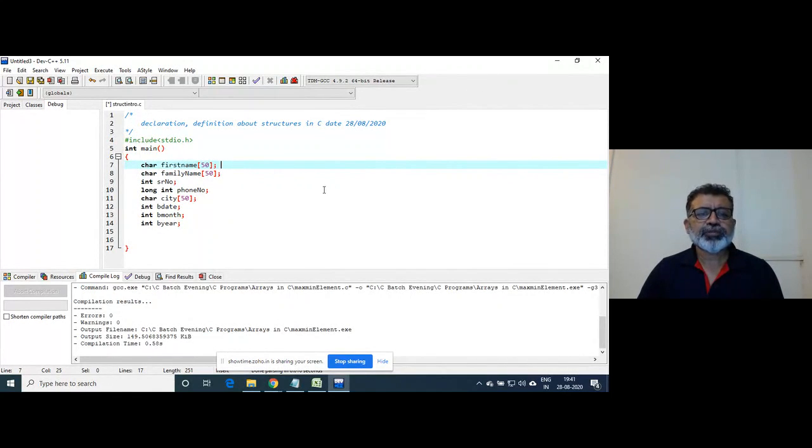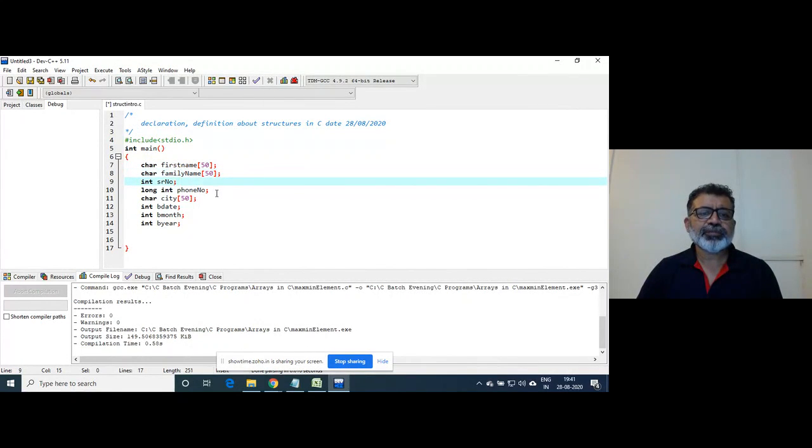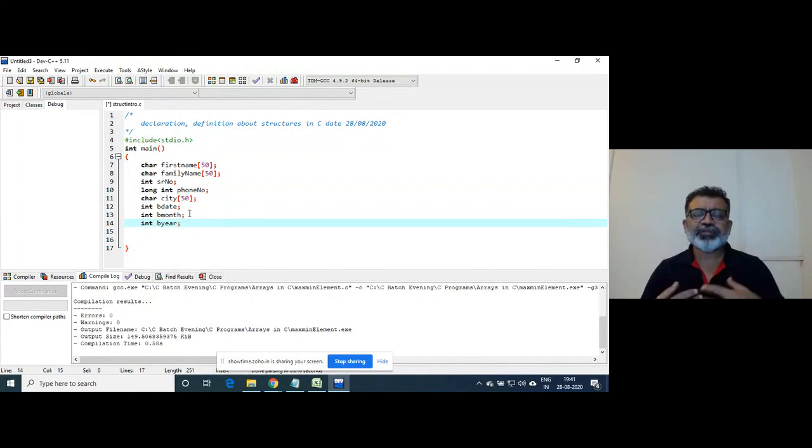Suppose I store Suma here, then her surname, serial number, phone number, city, birth date, birth month, birth year. But there is no connection between them. These are not bound together. So to bind them together,